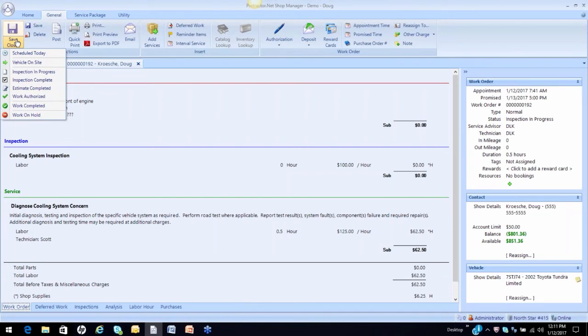So we're able to identify the status or stage of each job as it progresses from write-up all the way to completion. The stages that you're seeing here is the job is scheduled for today, the vehicle is on site, inspection is in progress, inspection complete, estimate complete, work authorized, work completed, or job on hold.